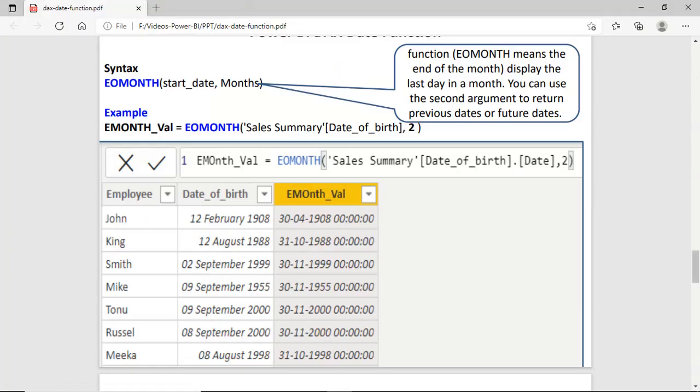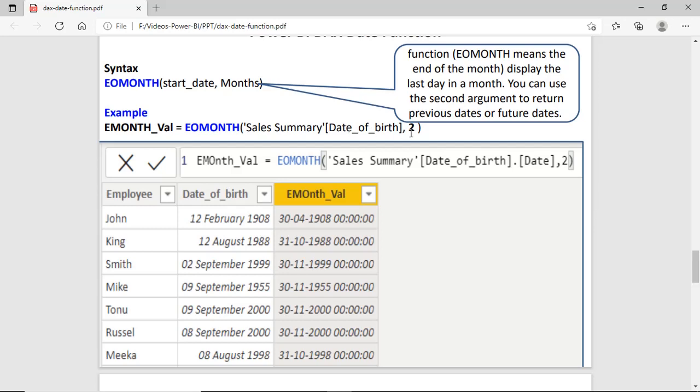Next one is the EOMONTH, meaning end of month. You can use this function for displaying the last date of the month. The second parameter is the month, so you can mention some number here to add or subtract months from the date. As an example, you can see EOMONTH, then the date of birth, and comma 2.